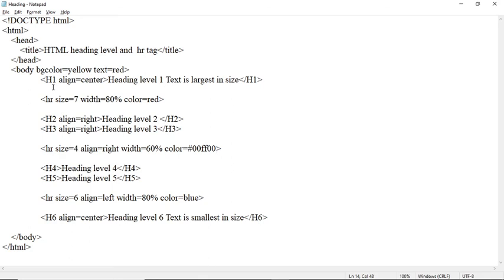So here our file is HTML5. Our first tag is <!DOCTYPE html>, which means the browser must know we are going to create an HTML5 web page. The next tag is html, then head.